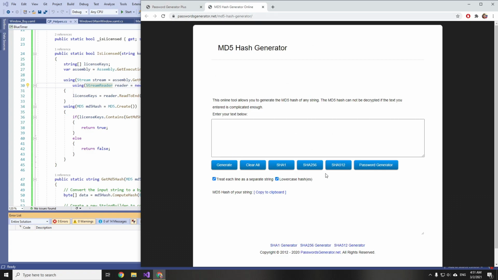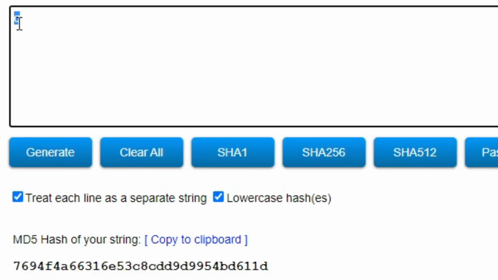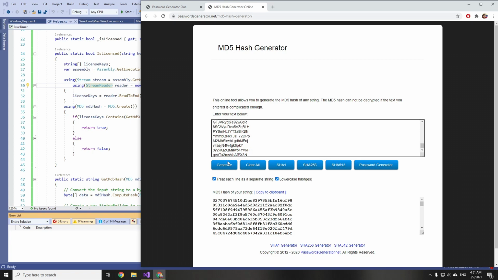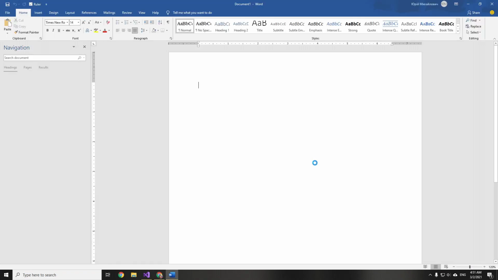As you see, there are different hashing algorithms. One of them is MD5 hash. What you need to know about MD5 hashing is that the same string gets generated the same way every time. So Q is always Q. And lowercase and uppercase characters are not the same. So if you put an uppercase Q, you will get a completely different hashing. So you put these passwords here and make sure you treat each line as a separate string, because otherwise you will get this. And it doesn't matter lowercase or uppercase, you do want to keep them associated somewhere.